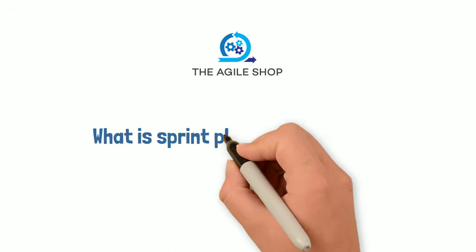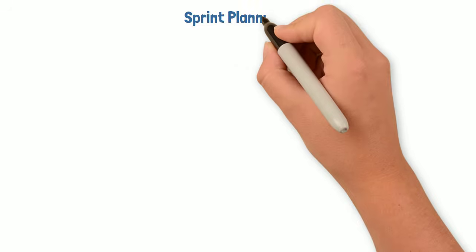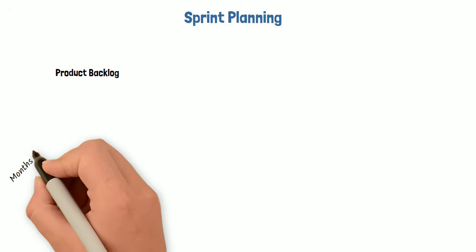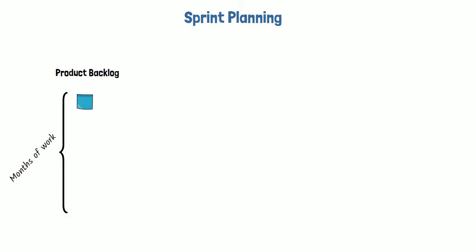In this video, we'll answer what is sprint planning in Scrum. The sprint planning meeting kicks off the sprint. A product backlog may represent many months of work, which is more than the Scrum team can complete in a single sprint. To determine the most important subset of product backlog items to build in the next sprint, the team